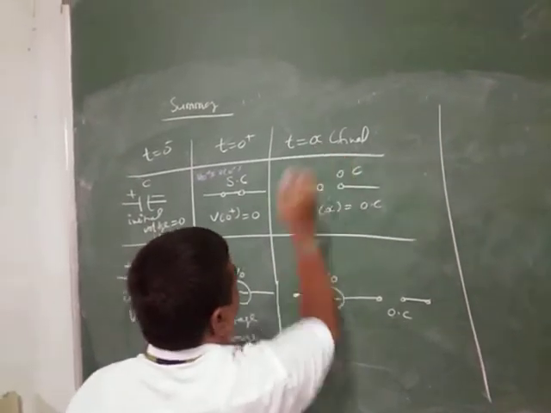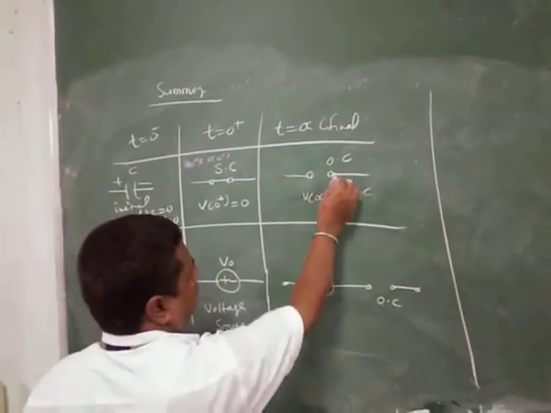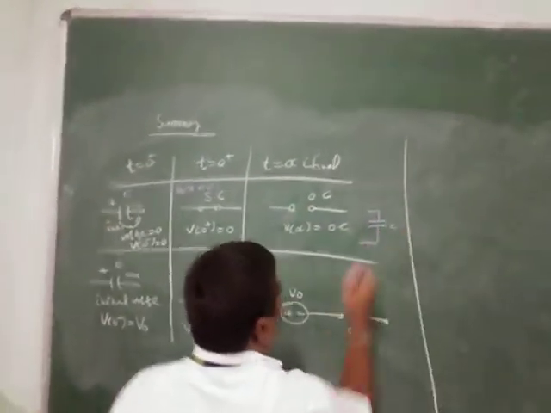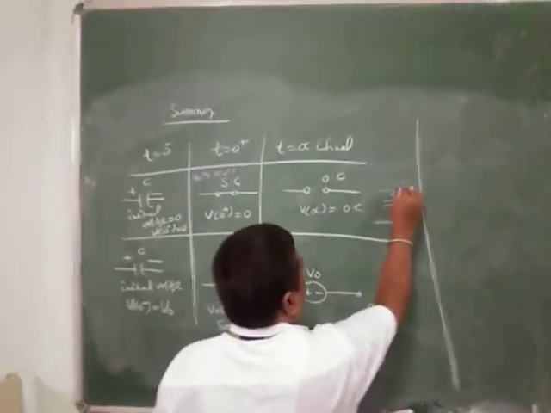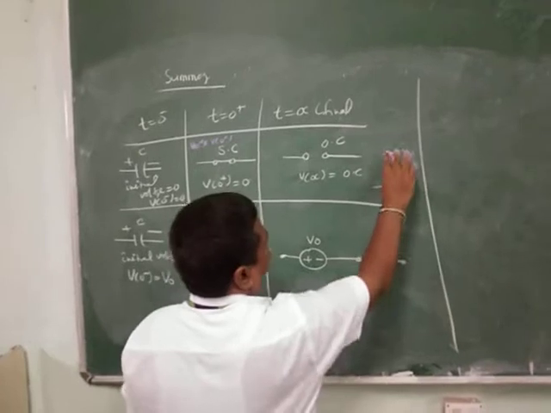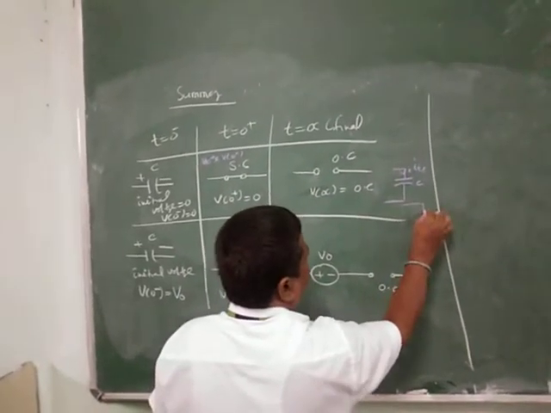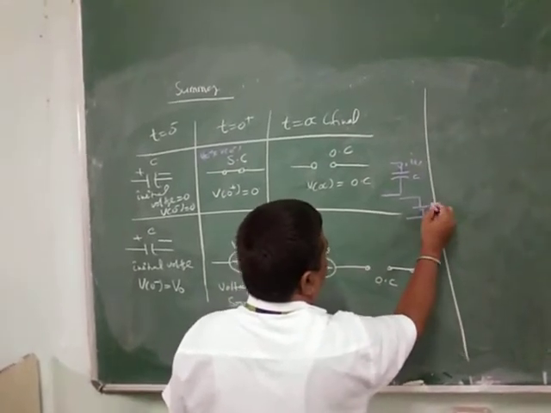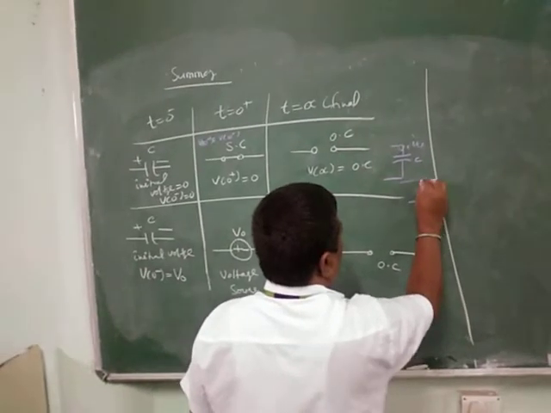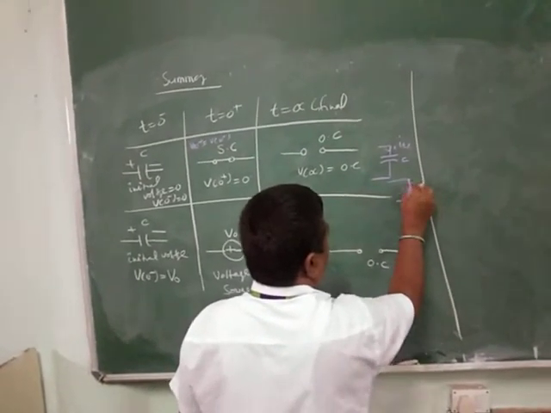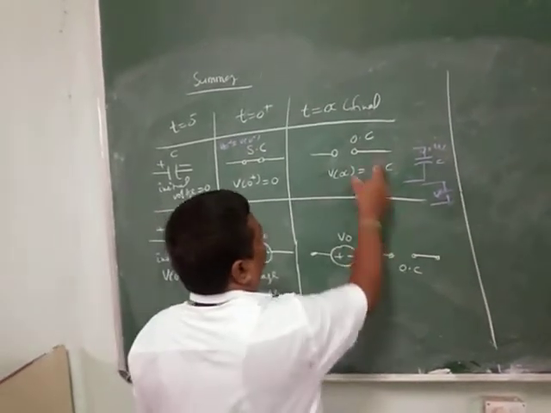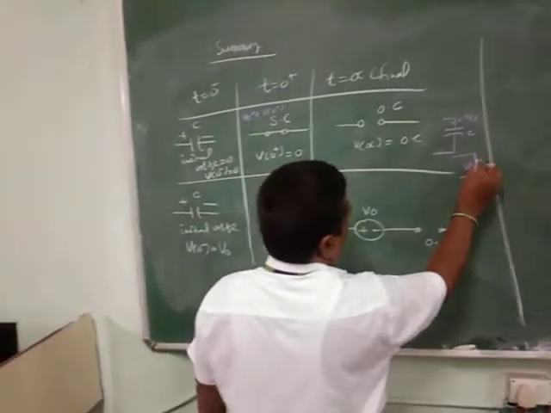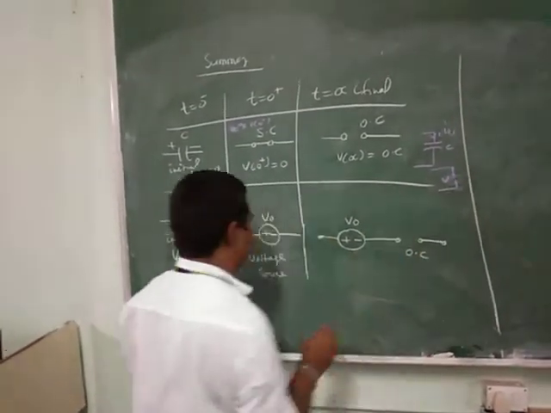Now coming to the final, t is equal to infinity. Here the capacitor acts as an open circuit. Why is it an open circuit? This is the capacitor, and we already know the concept. If we apply some current through the capacitor, finally the capacitor charges, and a charged capacitor acts as a voltage source. So finally it will act as an open circuit. In an open circuit there exists a voltage. Current may be 0, but there exists a voltage. That's why at t is equal to infinity, the behavior is an open circuit behavior, with a complete voltage.